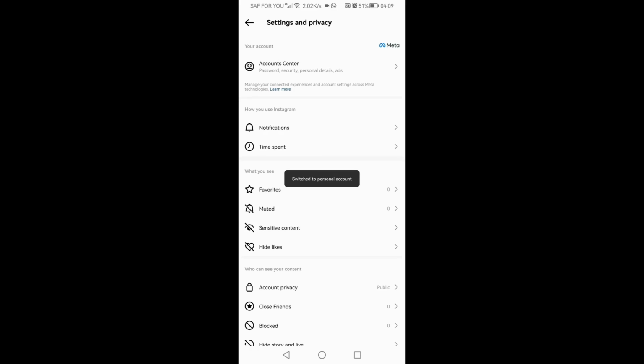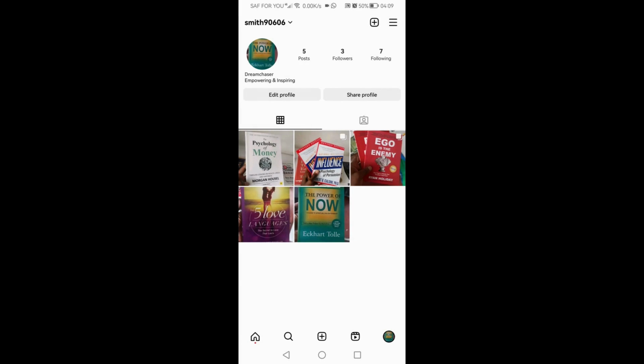Now it has converted from Instagram business account to personal account. Now we will confirm this by going back to the profile page. We'll go back to the profile page and refresh, and it has already converted from Instagram business account to personal account. As you can see, there is no insight and there is no any additional, meaning that it has already been converted to